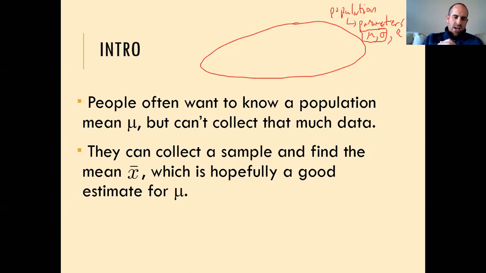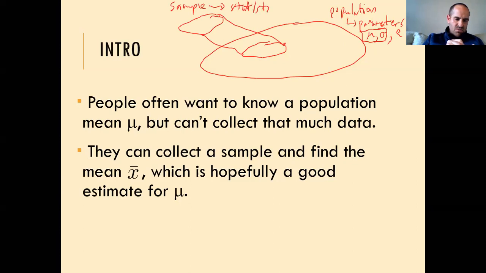Okay, and populations can be unwieldy. It might be impossible to actually look at everything in the population and glean the mean and standard deviation from it. So what do we do? We take a sample. Okay, so here's our sample. What do we get? Well, from the sample, we get statistics. Okay, we get statistics. So things like X bar,